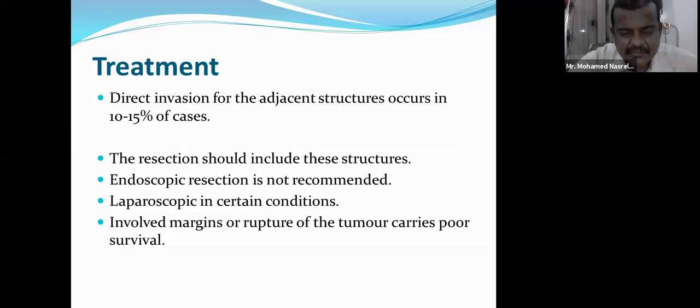But some researchers and surgeons recommend laparoscopy just in patients with huge tumors to do some sort of exploratory laparoscopy, or laparoscopic exploration of the peritoneal cavity. If there are seedlings and involvement of the peritoneal cavity, the greater omentum, or to look for involvement of the adjacent structures to plan the laparotomy then. So this is one of its benefits, the laparoscopy.